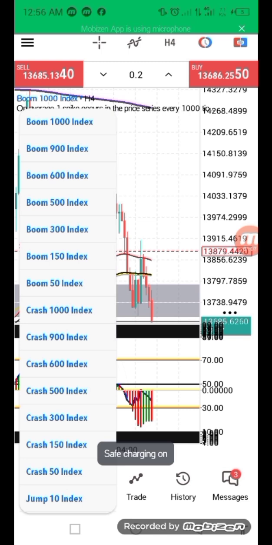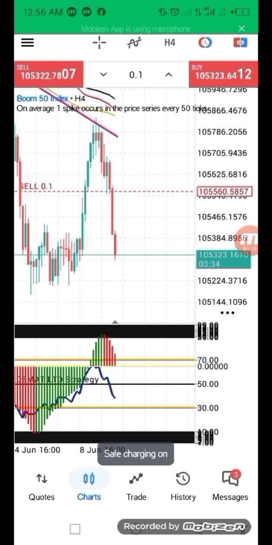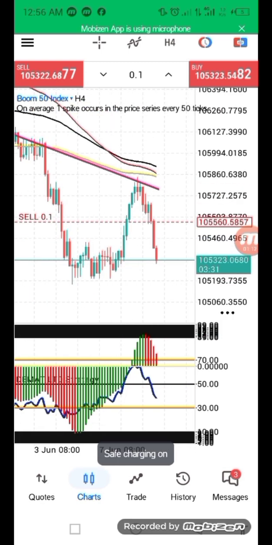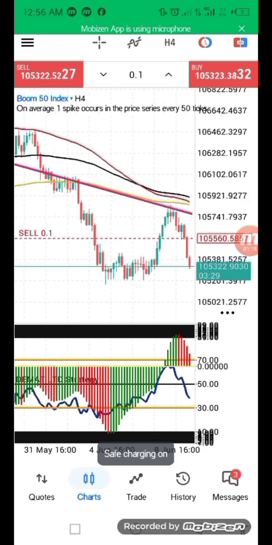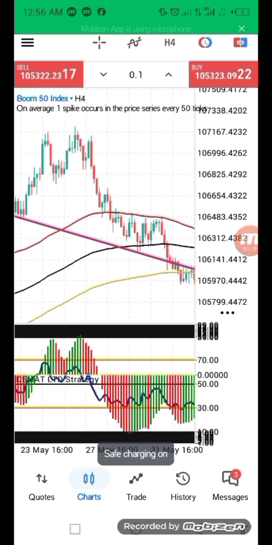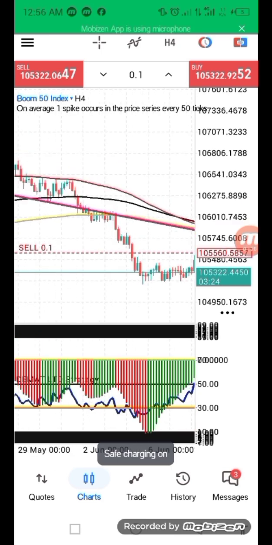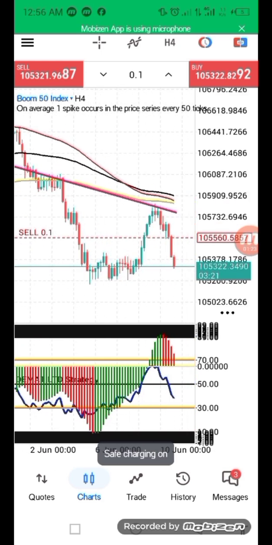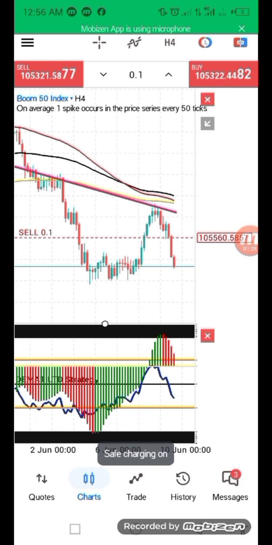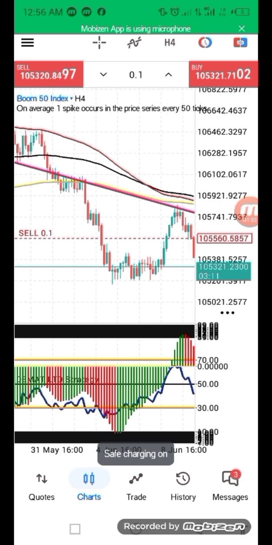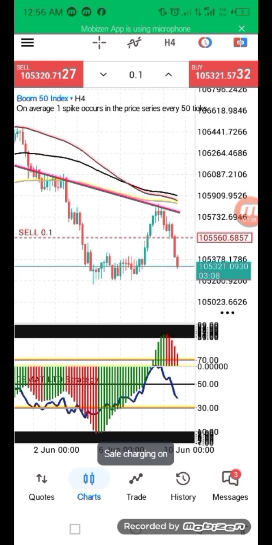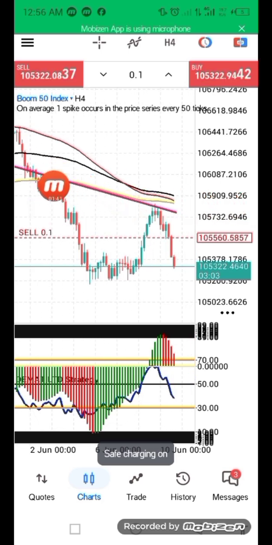Let's look at Boom 50. This is also in a deep profit. If you look at it carefully, you should know that this market is bearish. Then price retraces to the moving averages zone. When that is done, you will see a divergence between price. Look at price at this point, then this point,